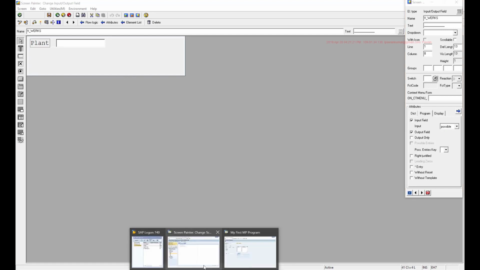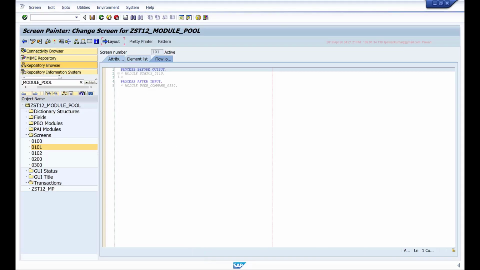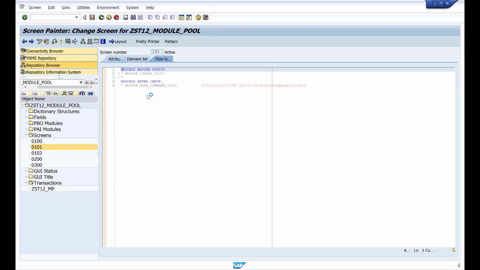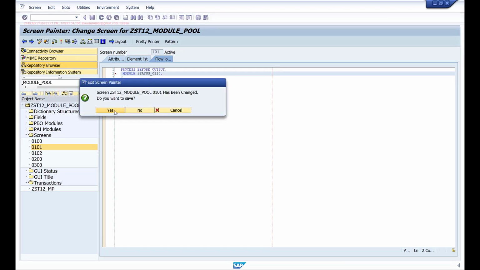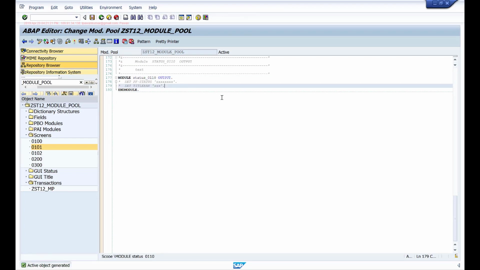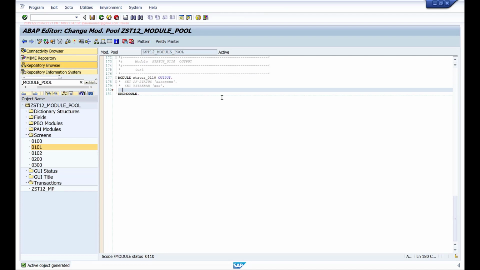To do that, since I want to do this for this particular field which is in screen 101, I should handle it before that screen is displayed. So I should write the code in PBO of 101. So I'll go to PBO of 101 and create a module. And here we use this screen structure. So there's a by default one structure with the name screen, which will have all those attributes that you can maintain for your screen fields. So to do that, we have to use this loop at screen statement.